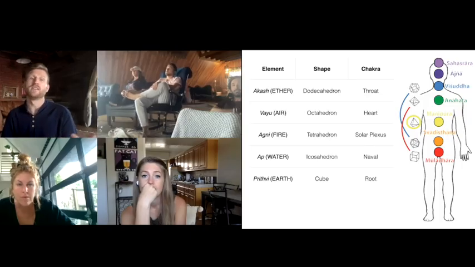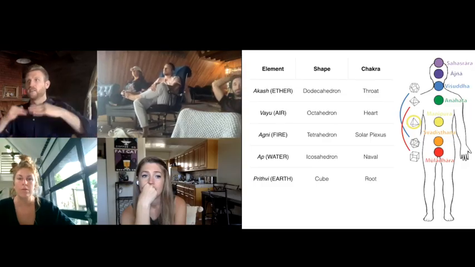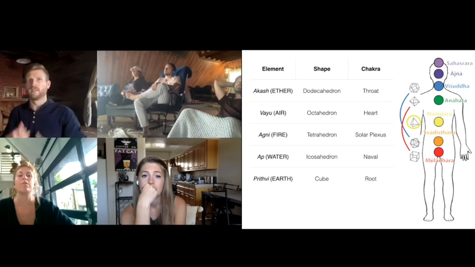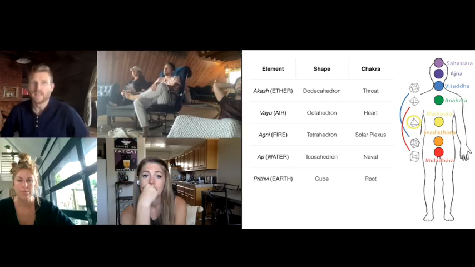And I love that the air element is also associated with the heart chakra. And that for me makes sense, where the octahedron is perfectly balanced, right? Above and below. There's a downward pyramid and an upward pyramid, and that's that heart center space. And then the dodecahedron as ether,